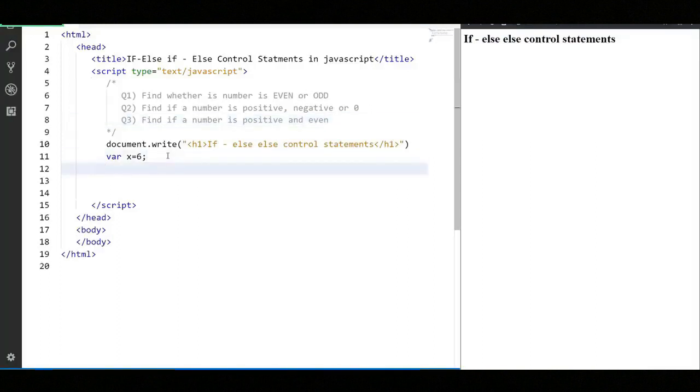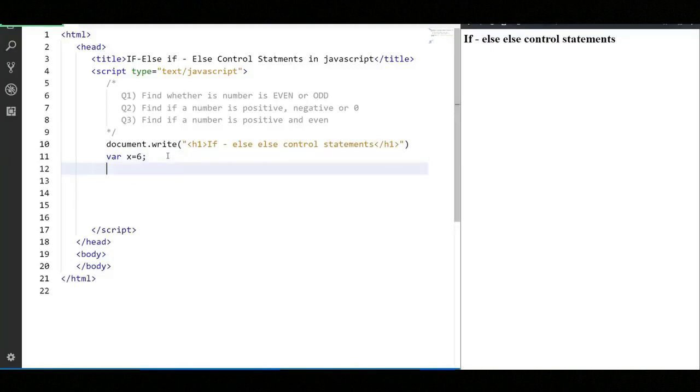As you can see on this line, I have created a variable where x equals 6. For simplicity, I'm not taking values from the user because we still have to understand DOM manipulation and how to take values from a text box. We still haven't reached that level. So as of now, I'm just hard coding the values, that is, directly giving values in the code. So I have a variable x storing a value of 6, as you can see. And now we're going to do